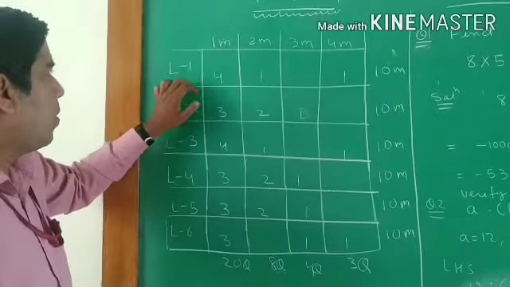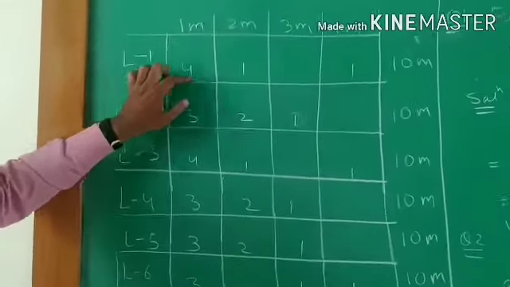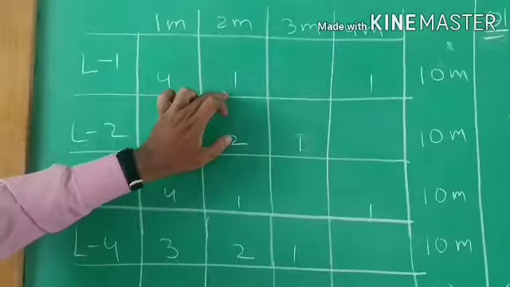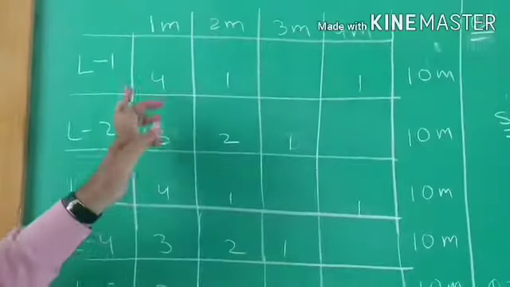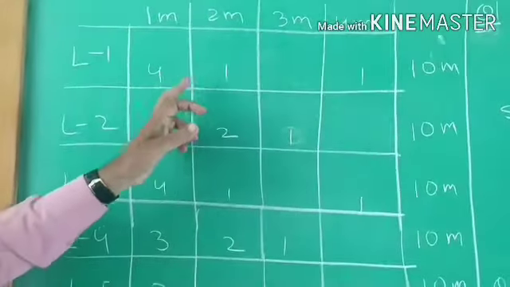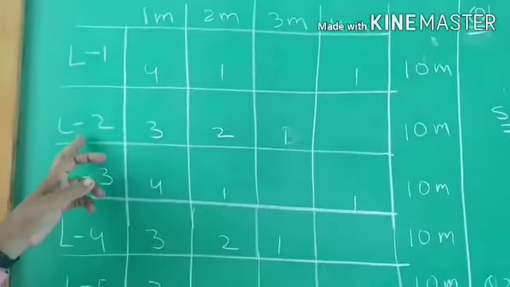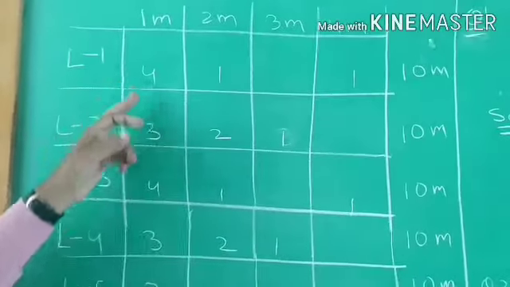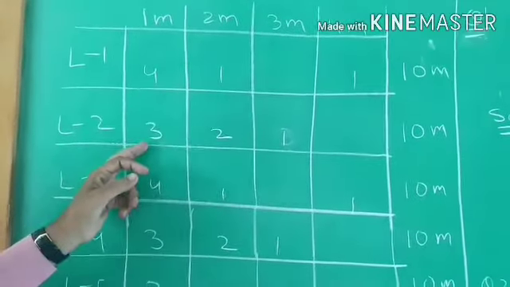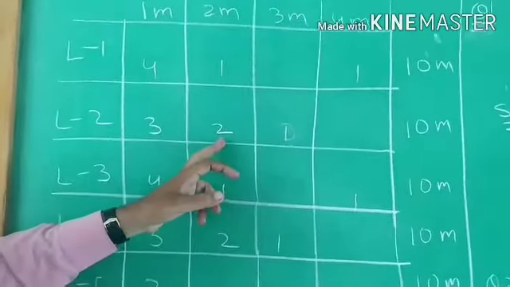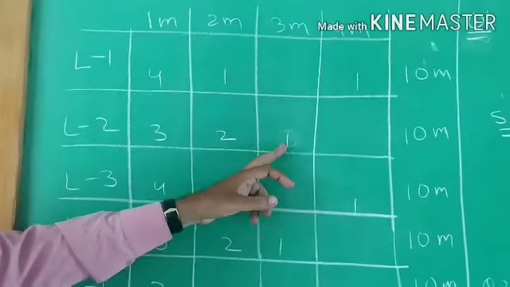Now you can see lesson number 1 has 1 marks, 4 questions. 2 marks, 1 question, and 4 marks, 1 question. You can see how much the total becomes here? 4 plus 2, 6, plus 4, 10. Like this, you can see lesson number 2 now. Lesson number 2, 1 marks how many questions? 3. 2 marks how many? 2, and 4 marks 2, and 4 plus 3. So you can see 7.